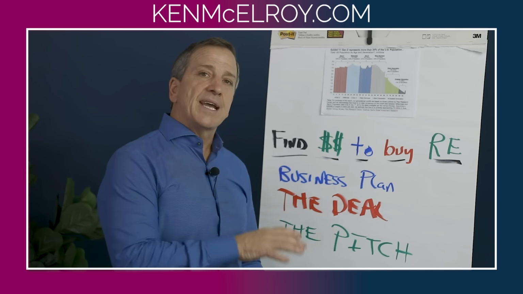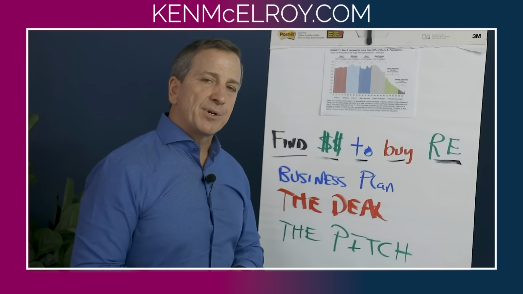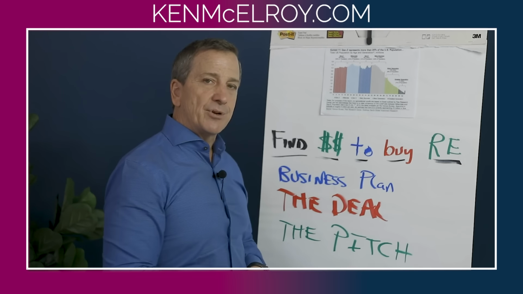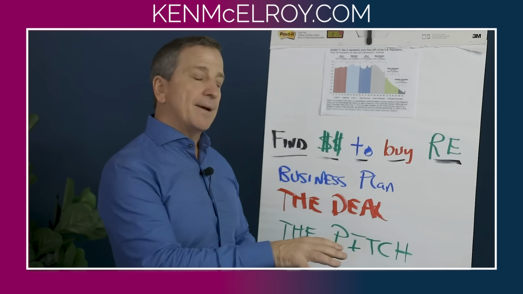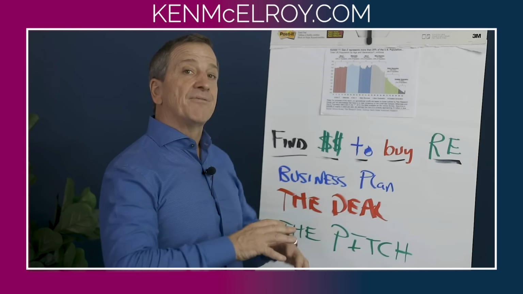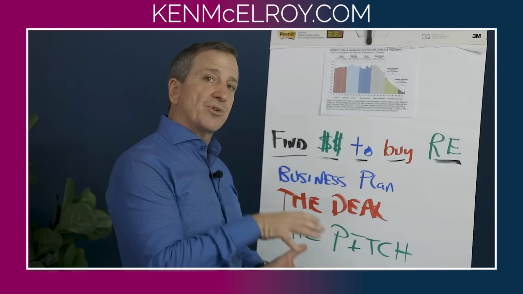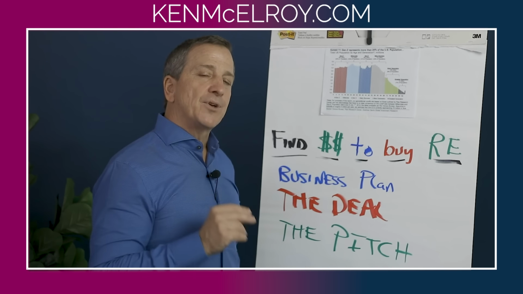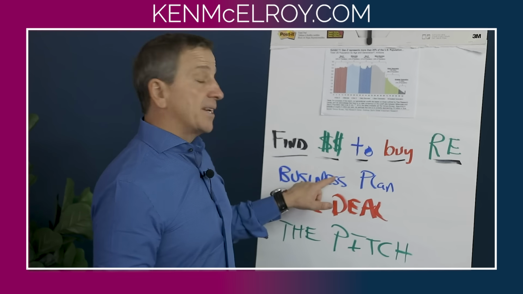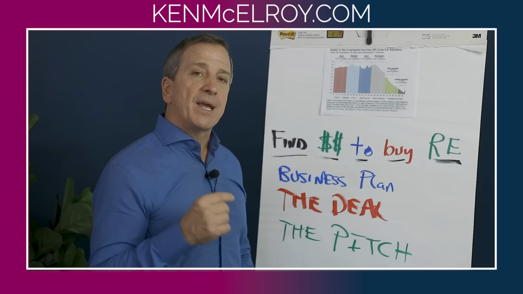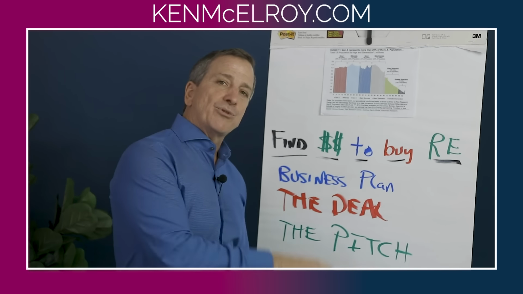You also need to understand what the banks are going to say. The banks are going to say, I'll give you 60% leverage. I'll give you 70% leverage. I'll give you 80% leverage, okay? All have different interest rates on them. Also, all of that is very complex, but it all has to do with the deal. And that's why you have to be crystal clear on what it is you want. Because if you're paying an investor too much for their money, then it's going to screw up your business plan. If you're paying a lender too much for their loan, it's going to screw up your business plan. It reduces cash flow.